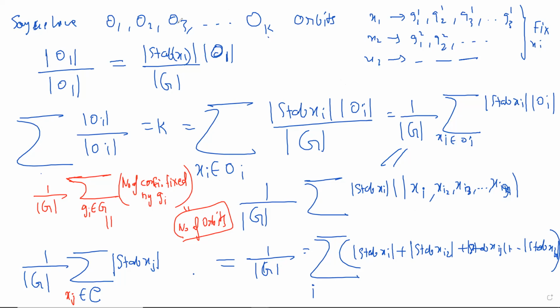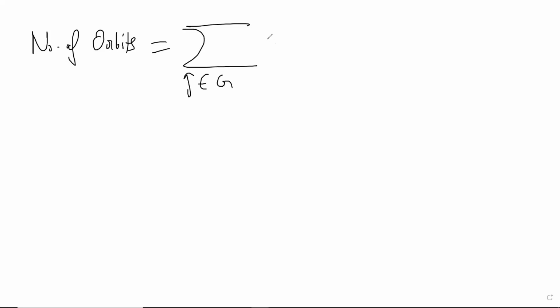Let me write the formula in the end then. You don't even have to know the proof of what we did now; even if you forget it, it doesn't matter. It's a complicated thing, but we want to use it in combinatorics, that's the point. The number of orbits would be: you take a motion G, and the fixed points of G. You take every motion and ask how many fixed points it has. That will be the number of orbits.